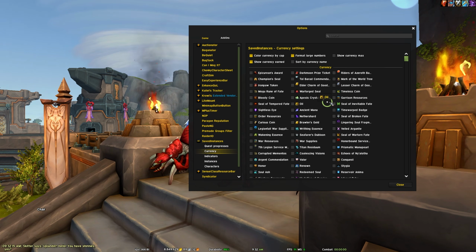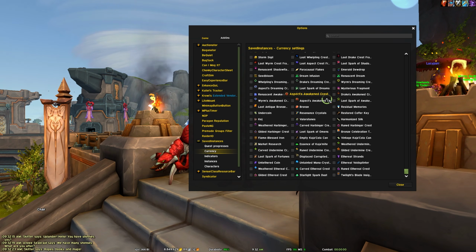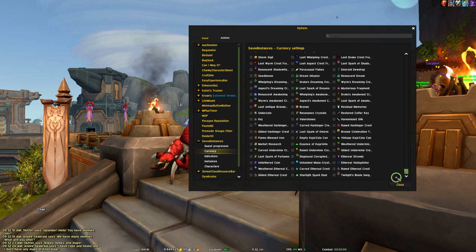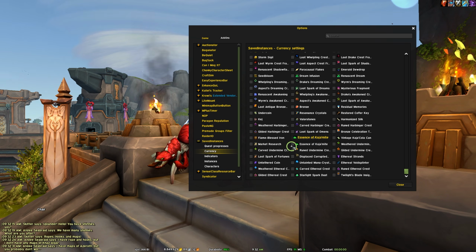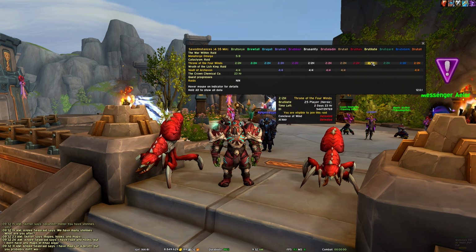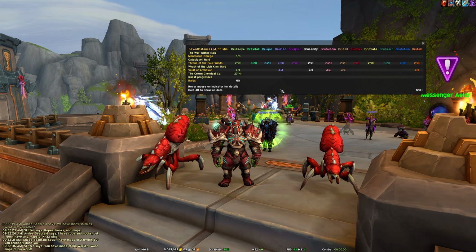You can see it tracks currencies from many years and expansions ago, and it'll be updated for Midnight. It'll track any current currencies, any current weeklies and dailies, and it's really helpful if you want to keep track of things across a character or an account.